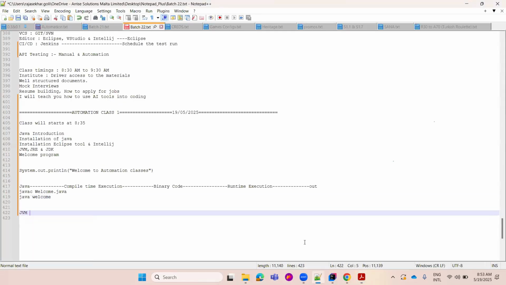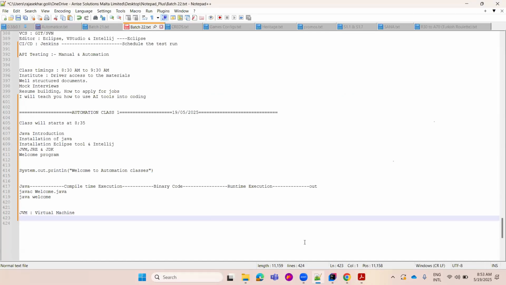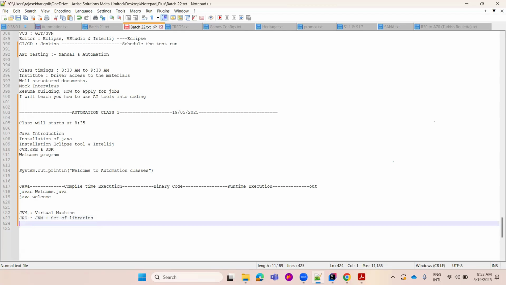JVM means Java Virtual Machine, and JRE means JVM plus a set of libraries, and JDK means JRE plus the development kit. We have a few other things. If you see here,